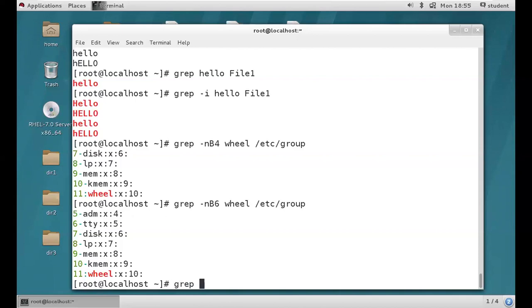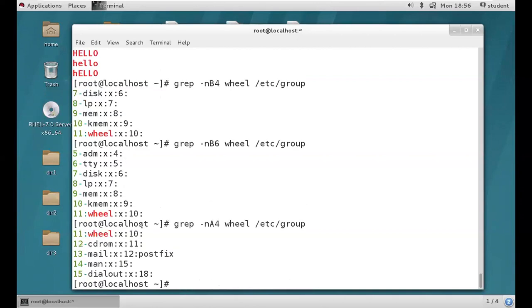So grep is the command, hyphen n capital A 4. Capital A means after, B means before. So same: wheel is a word we are searching for from the etc group file. After the wheel word, we are going to get 4 lines.